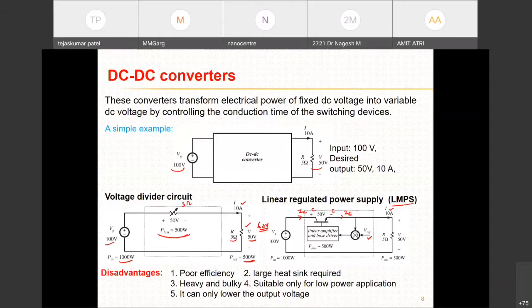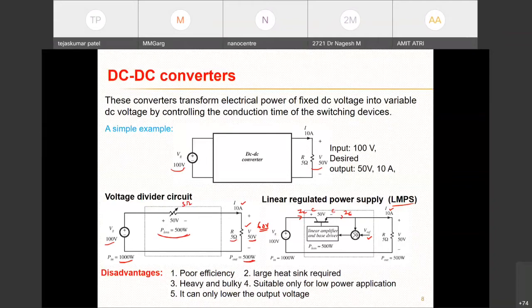So it's not that we have to precisely select the voltage level. That problem is solved, we change the reference voltage and that will be regulated. But the problem here is that this is IC and this is IE. We know that IB is very negligible in comparison to the collector and emitter current, so this is more or less the same current. So if 10 ampere current is flowing through this, then near to 10 ampere current is flowing through this. So again, this 500 watt power is being lost. The automatic control is possible here, but this power loss is again there.